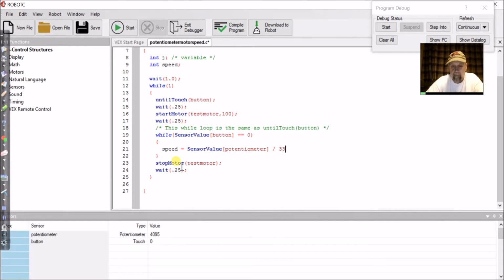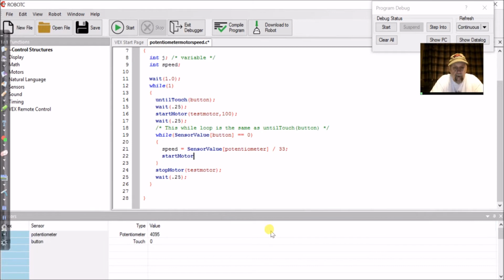I think that'll, so if I do 4095 divided by 33, I get 124. That'll be good. I don't want to tell it to go more than 127. And then I'm going to say